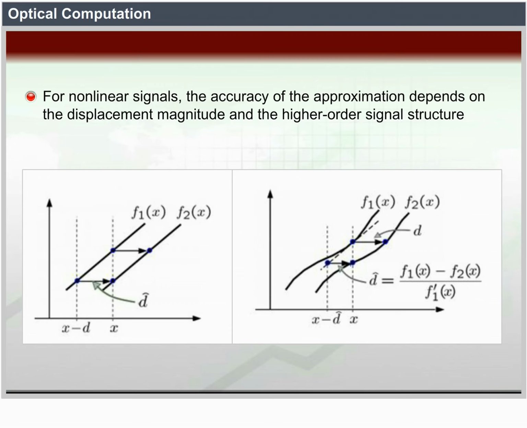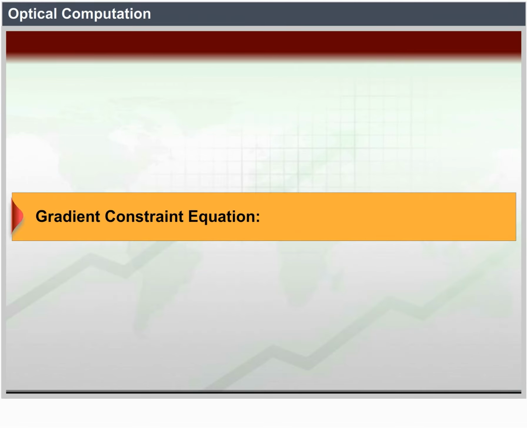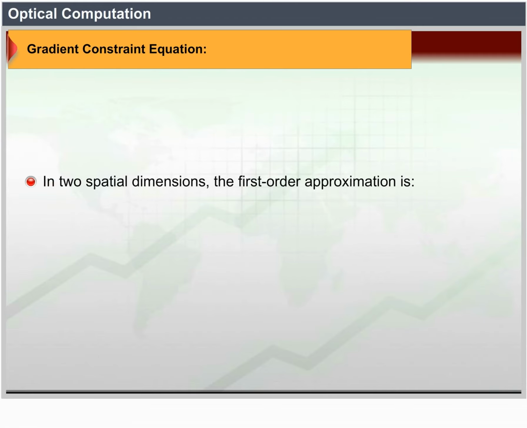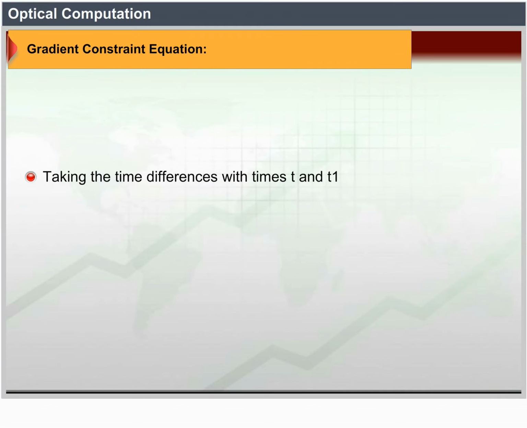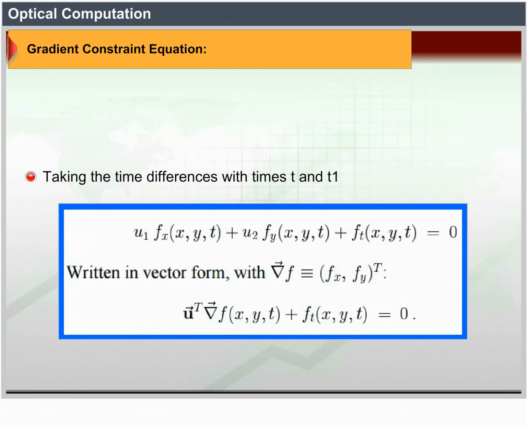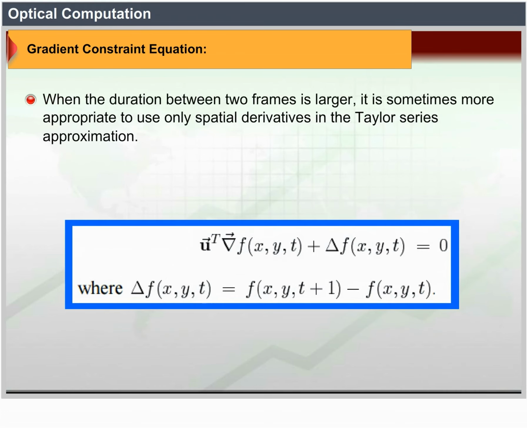Gradient constraint equation. In two spatial dimensions, the first-order approximation is as shown, taking the time difference between times t and t1. Written in vector form, the following equations obtain. When the duration between frames is large, it is sometimes more appropriate to use only spatial derivatives in the Taylor series approximation. Thus, the difference approximation, where